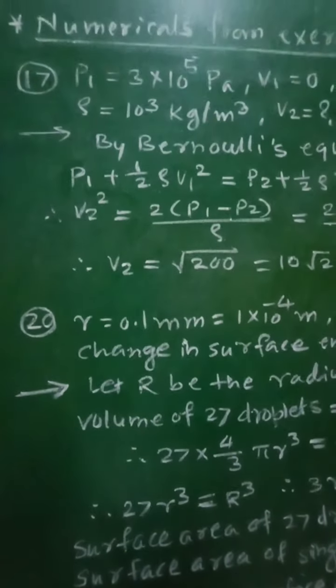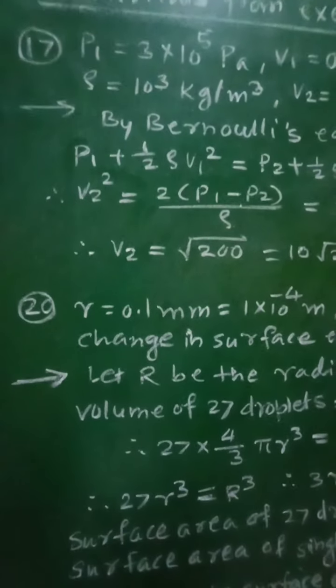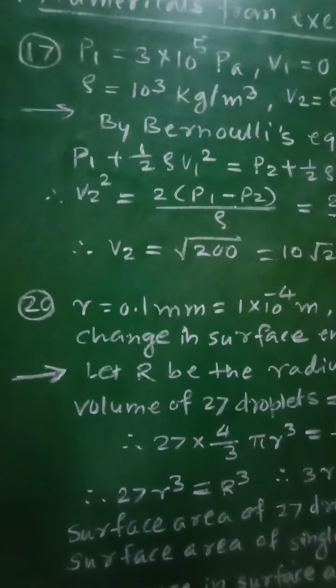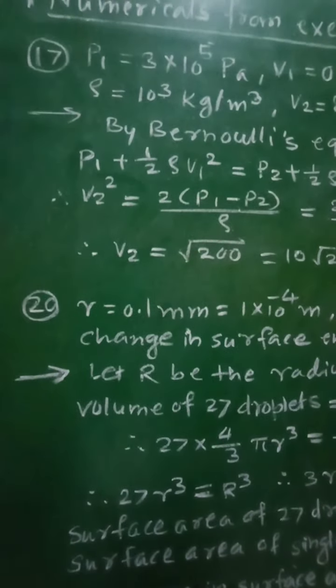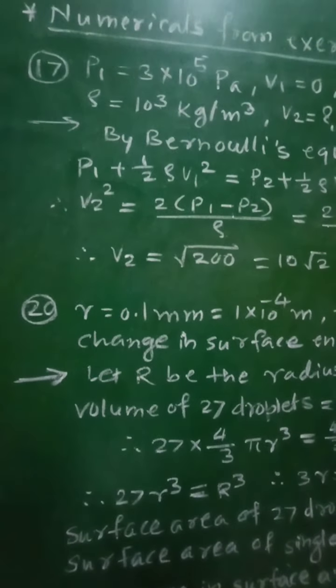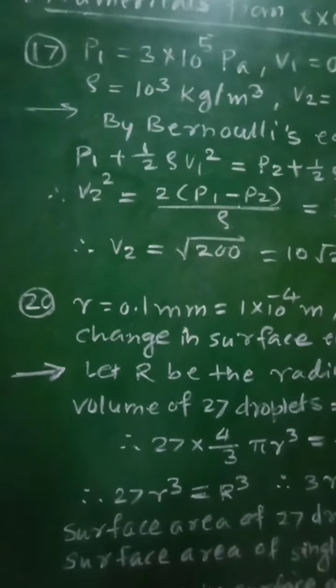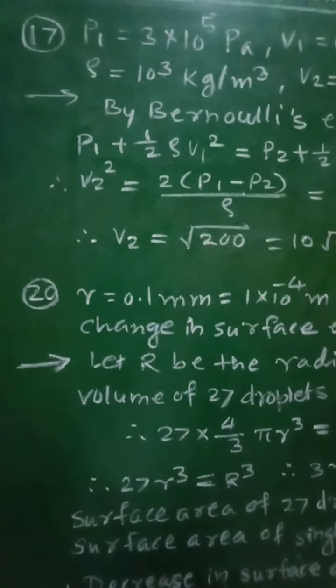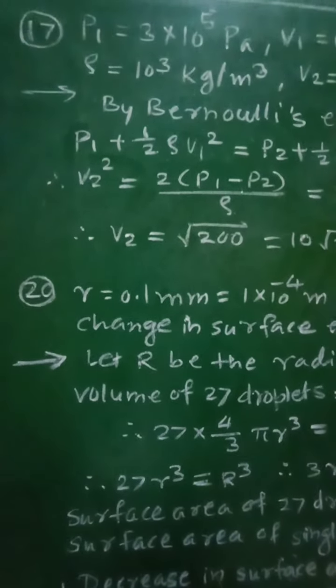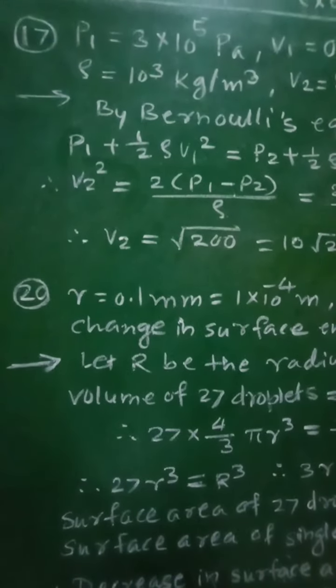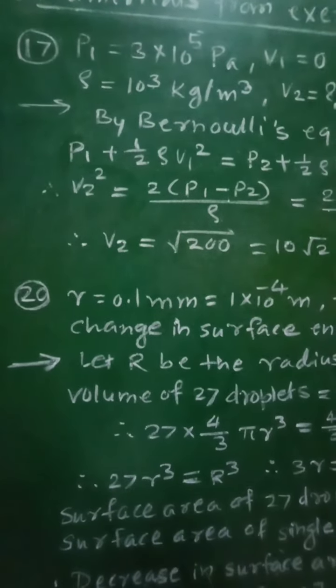which is given as: 27 droplets of water, each of radius 0.1 mm, coalesce into a single drop. So 27 droplets will merge into a single drop. Find the change in surface energy if surface tension of water is